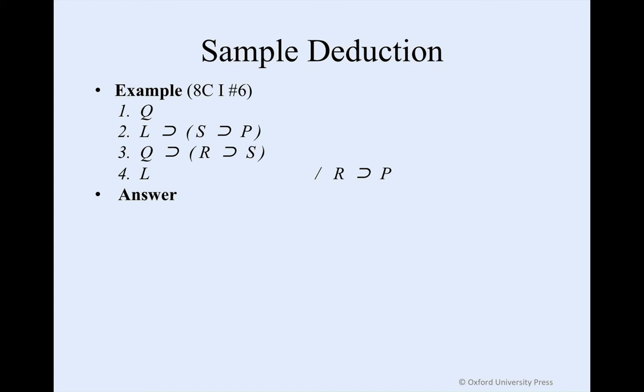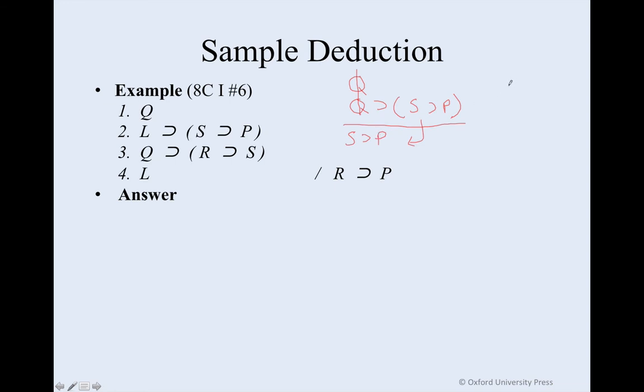So take a look at lines 1 and 3 and 2 and 4, and what you might want to do is pull them off to the side. So we have Q, Q horseshoe, S horseshoe P,